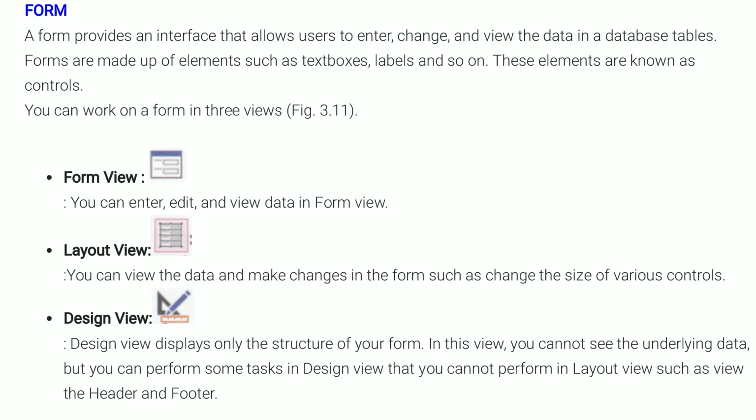A form is a database object that we can use to create a user interface for a database application. It provides a medium of entering, editing and viewing the information in the tables. Suppose we search any information using the Google search engine.